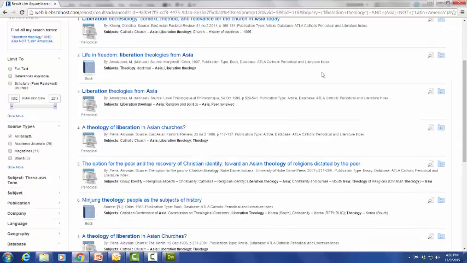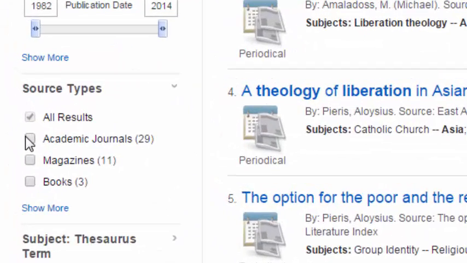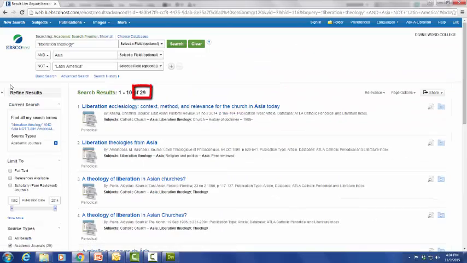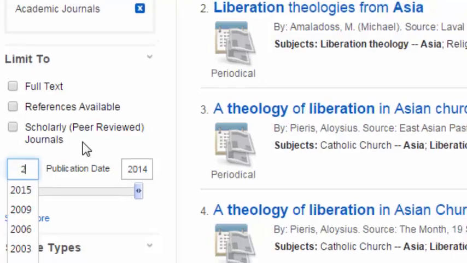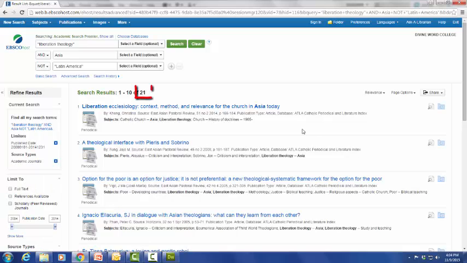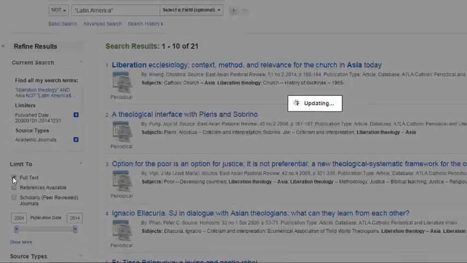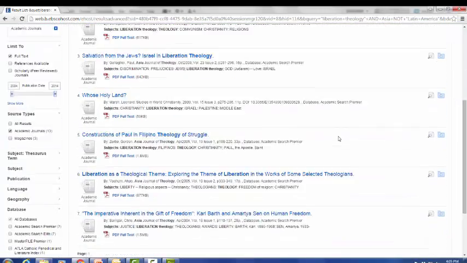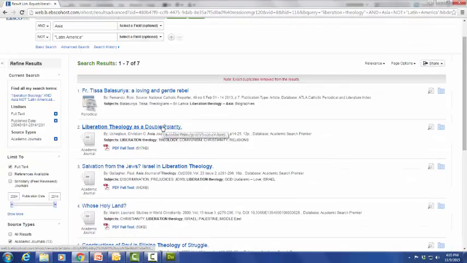We can limit the scope of our search even more by using the various tools located along the left side of the screen to help drill down your search. In this situation, I'm more interested in academic journals, and now we are down to 29 results. And actually, I'd like to have something that is a little more current, within the last 15 years. And now we're down to 21. The last tool I would like to use to limit my search criteria is full text only. And now the retrievals that are presented in front of me are all in PDF full text. So you can click on the link